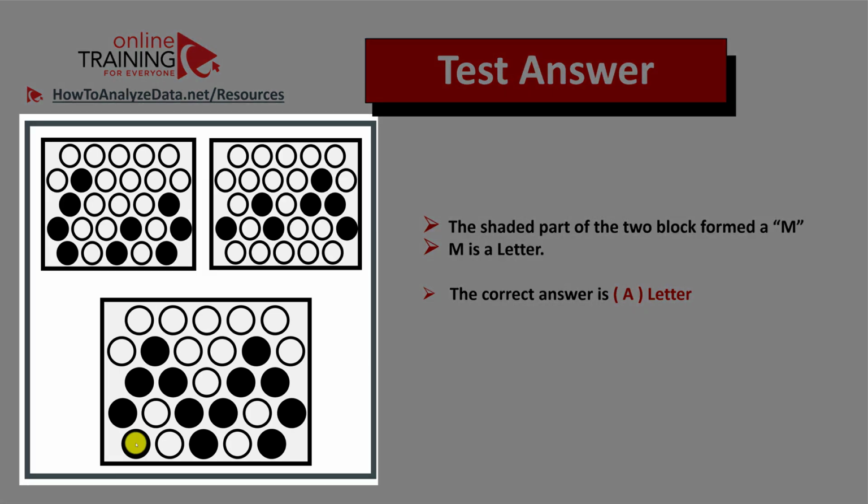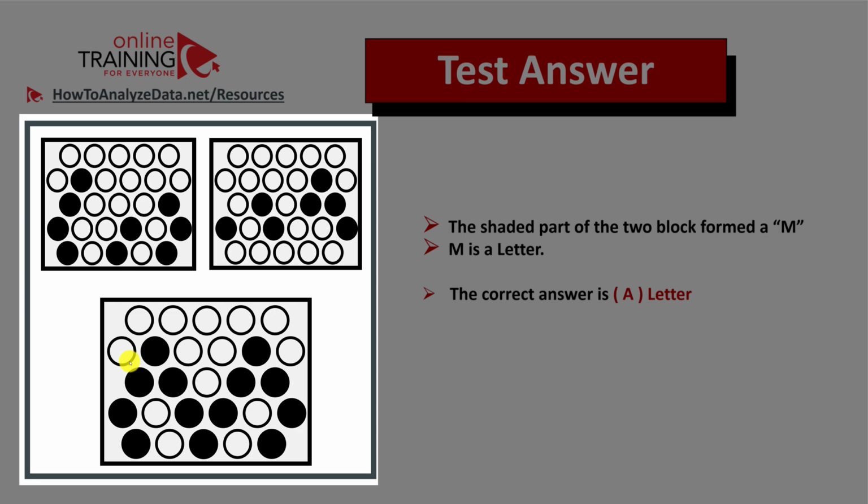As you can see, upon combining two rectangles, M can be formed, and M is the letter. The trick here is that typically during the test, you don't even have access to the paper, and you can't depict it on the paper, or potentially using any other tools. So you have to visualize this in your memory, and that's the tricky part about this question. It seems easy once you know the answer, but the trick here is that you need to do it in